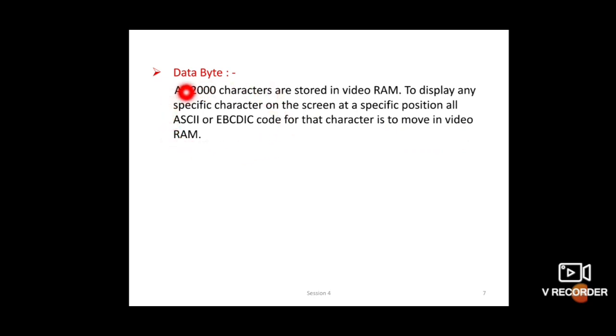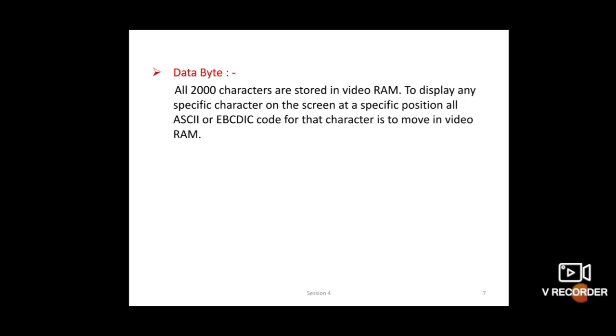Now you know, student, what is this ASCII or EBCDIC? Last year you already saw this. What is the meaning of ASCII and EBCDIC? ASCII means American Standard Code for Information Interchange, and EBCDIC means Extended Binary Coded Decimal Interchange Code. Okay, both codes are used for data byte. Now what is the meaning of this ASCII? In this ASCII code, all types of numbering systems, hexadecimal, octal, binary, BCD, are all in one with the decimal number.